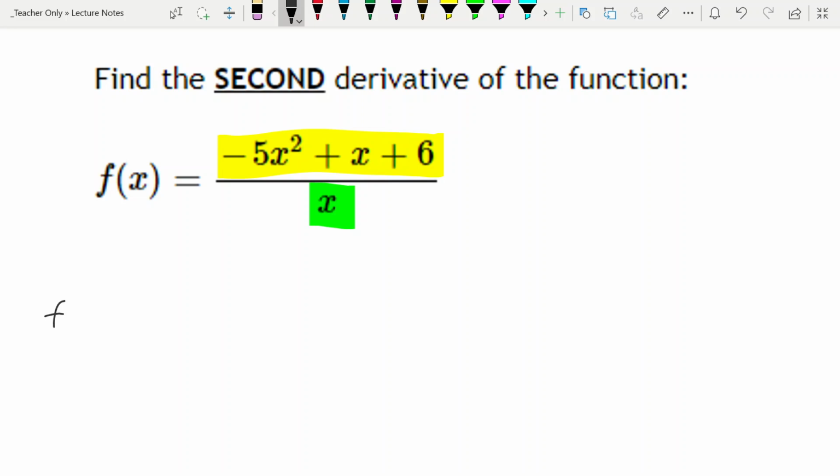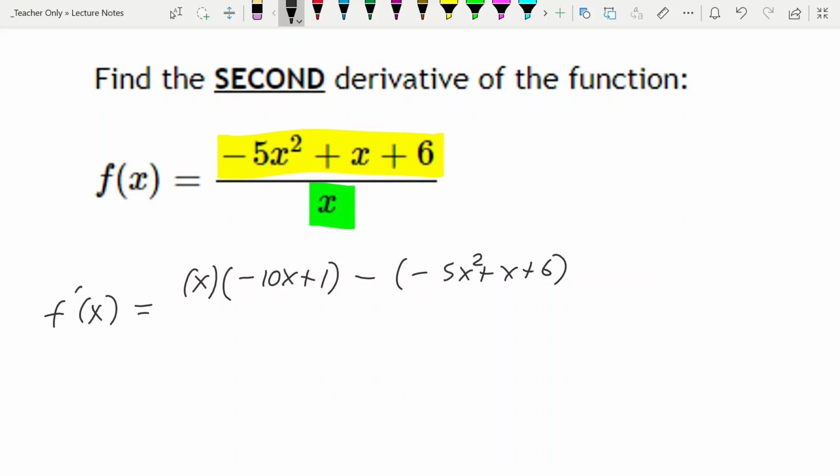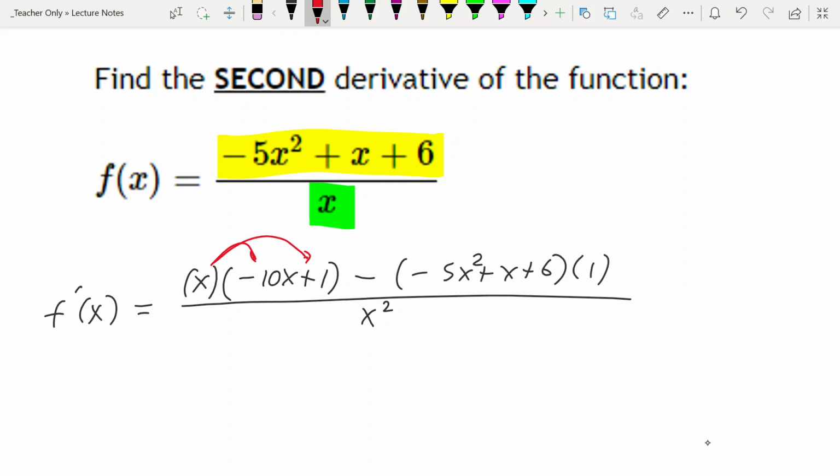So if we start with this and we just do the derivative using quotient rule, now we're not going to forget it's low d high, so we take the low times the derivative of the high, the numerator, so that'd be negative 10x plus 1, minus the high, or the numerator, times the derivative of the low, all over the square of what's below. And now we need to do a little bit of algebra. So we're going to go ahead and distribute, because to get that second derivative, we're going to want this as clean as possible. So we're going to distribute that x. We're also going to take this negative sign and distribute this through,